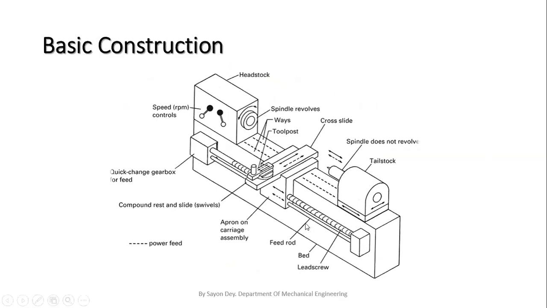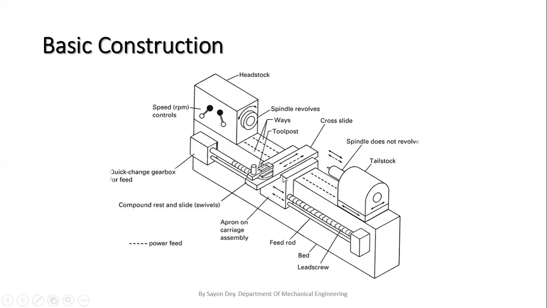Okay, another part that is shown is our tailstock. Here we can see there are two rods. The first one, we can see several threads on this rod. This is called the lead screw, and after that there is a rod called the feed rod. So to provide the feed we have to use this rod. Okay, and above this feed rod, this portion is called the carriage.